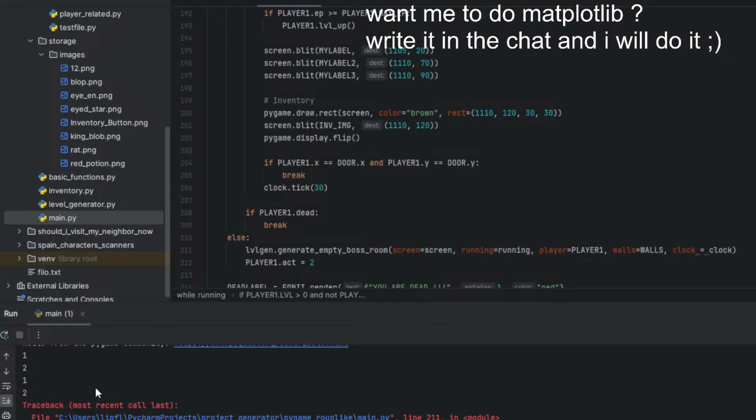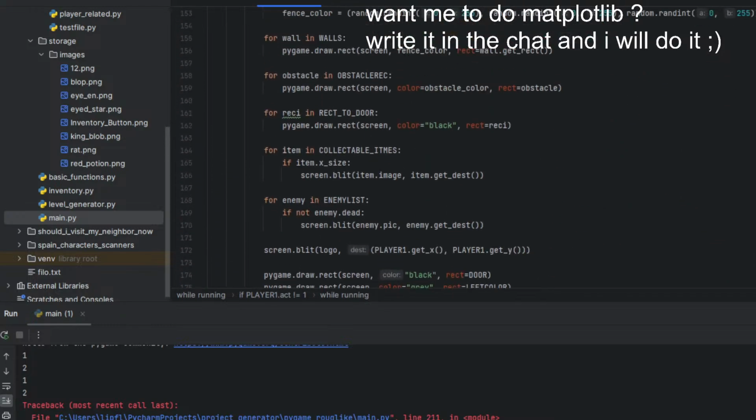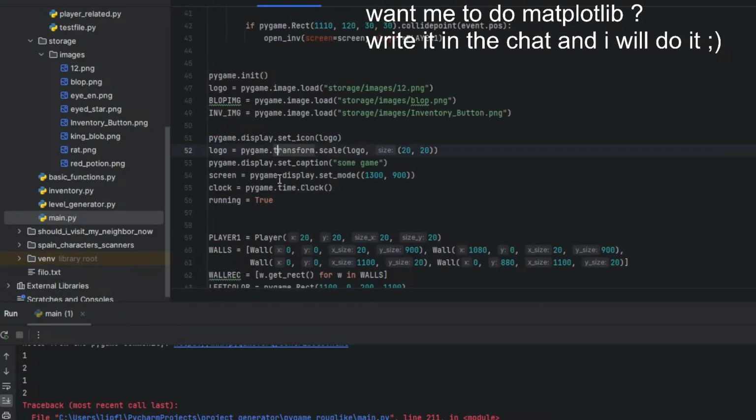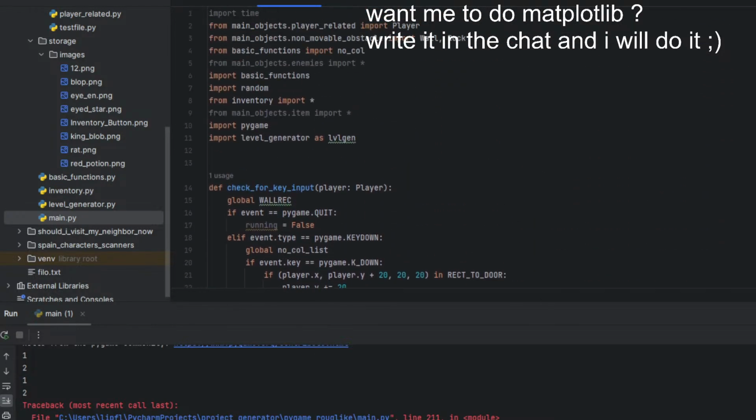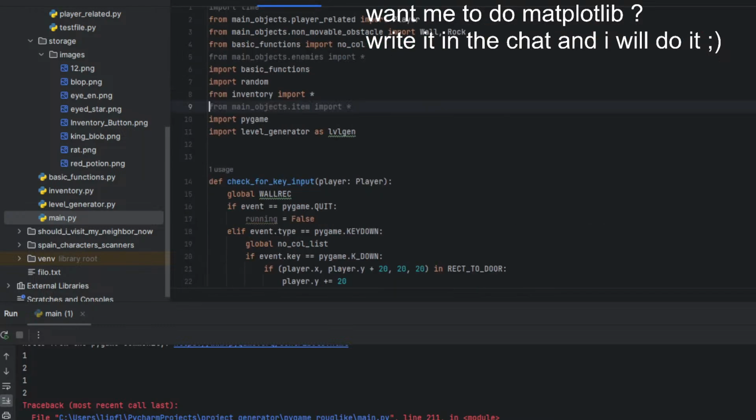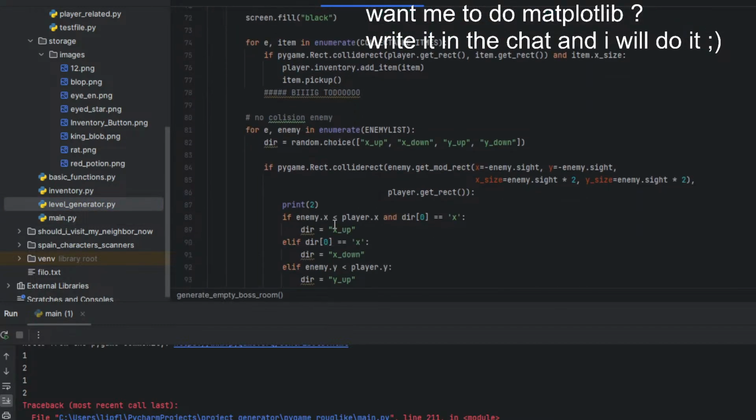This one's the main in Pygame. And I maybe got something wrong. But what did I get wrong? Function missing one argument. Ah, here we go, level generator.